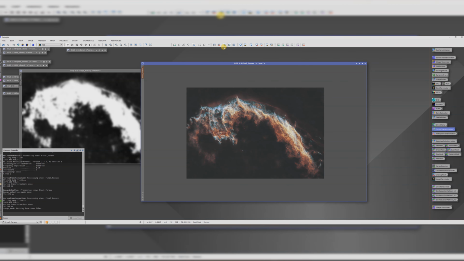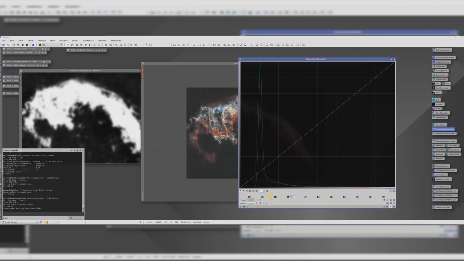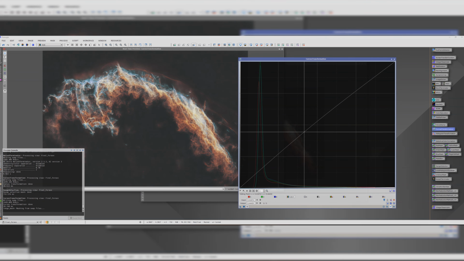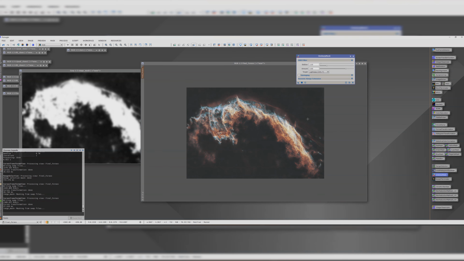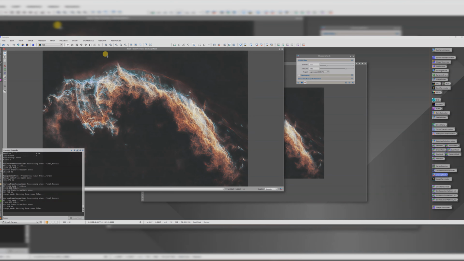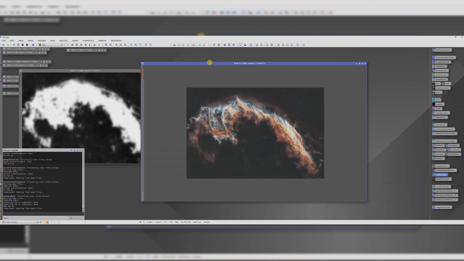Let's uninvert that so that we're just working on the nebulosity, and maybe we'll give it just a little boost. And then perhaps we'll run a little bit of unsharp mask just to sharpen it up, not too much. Before, after, before, after. You might not be able to see on your screen if YouTube has compressed this, but that sharpens it up a bit, so I'm going to click on the square to activate that. And now this video is going on for a bit long, so let's speed ahead